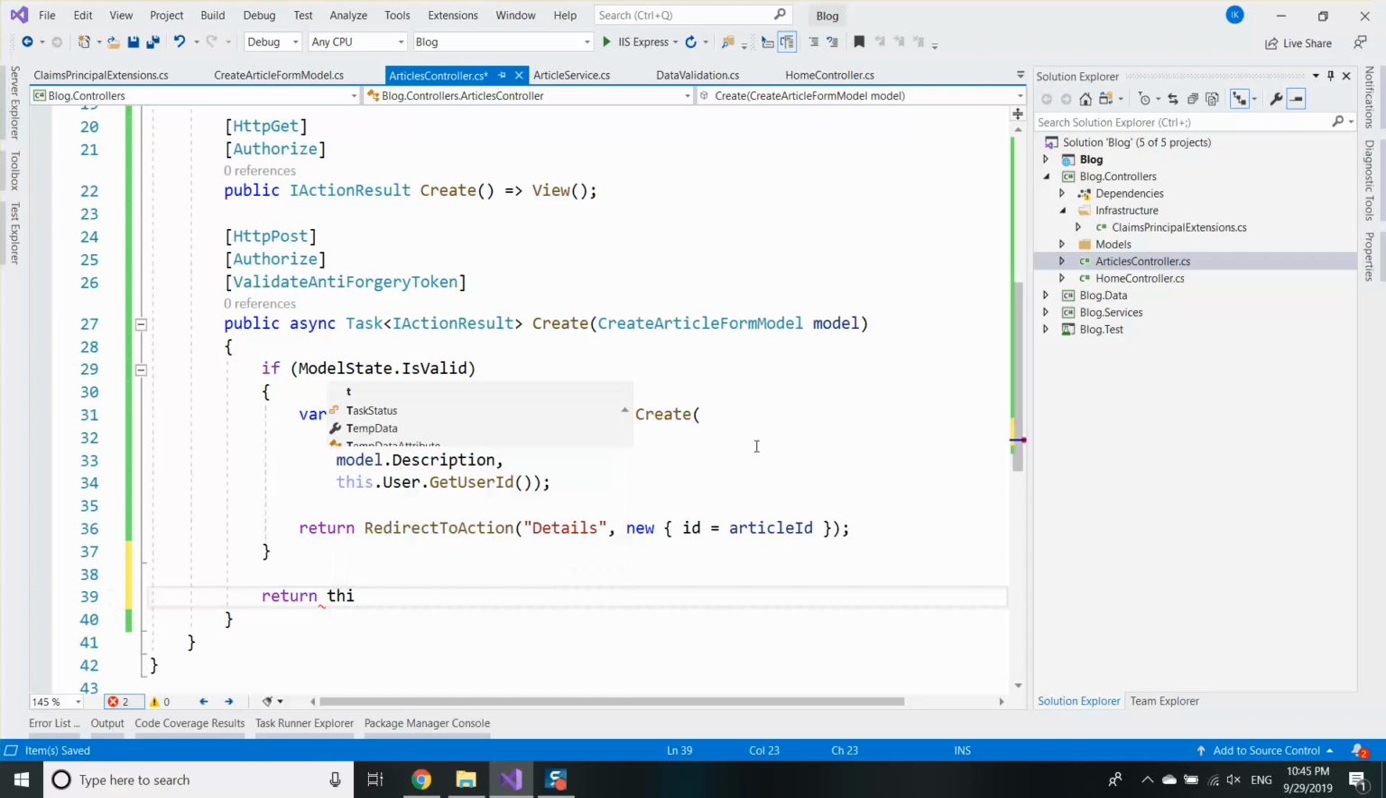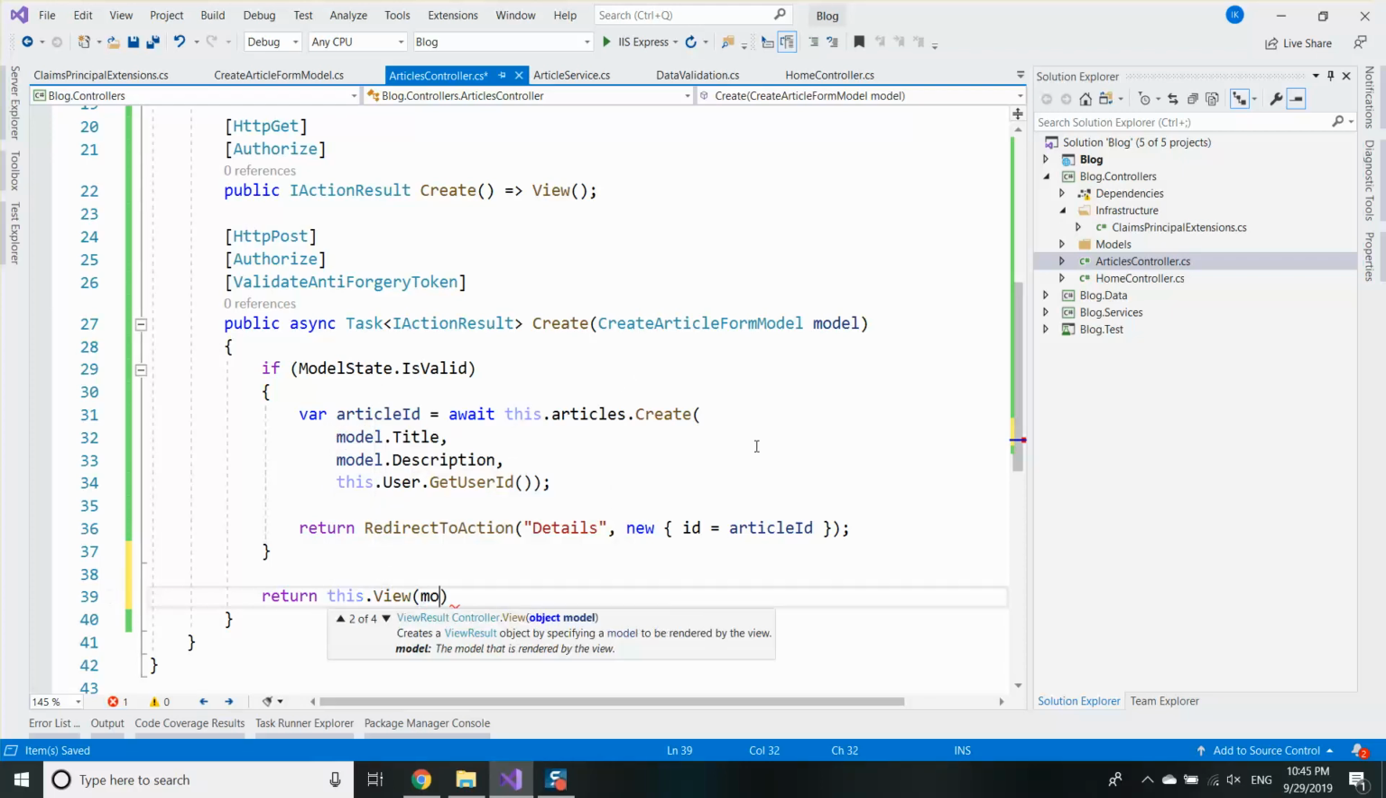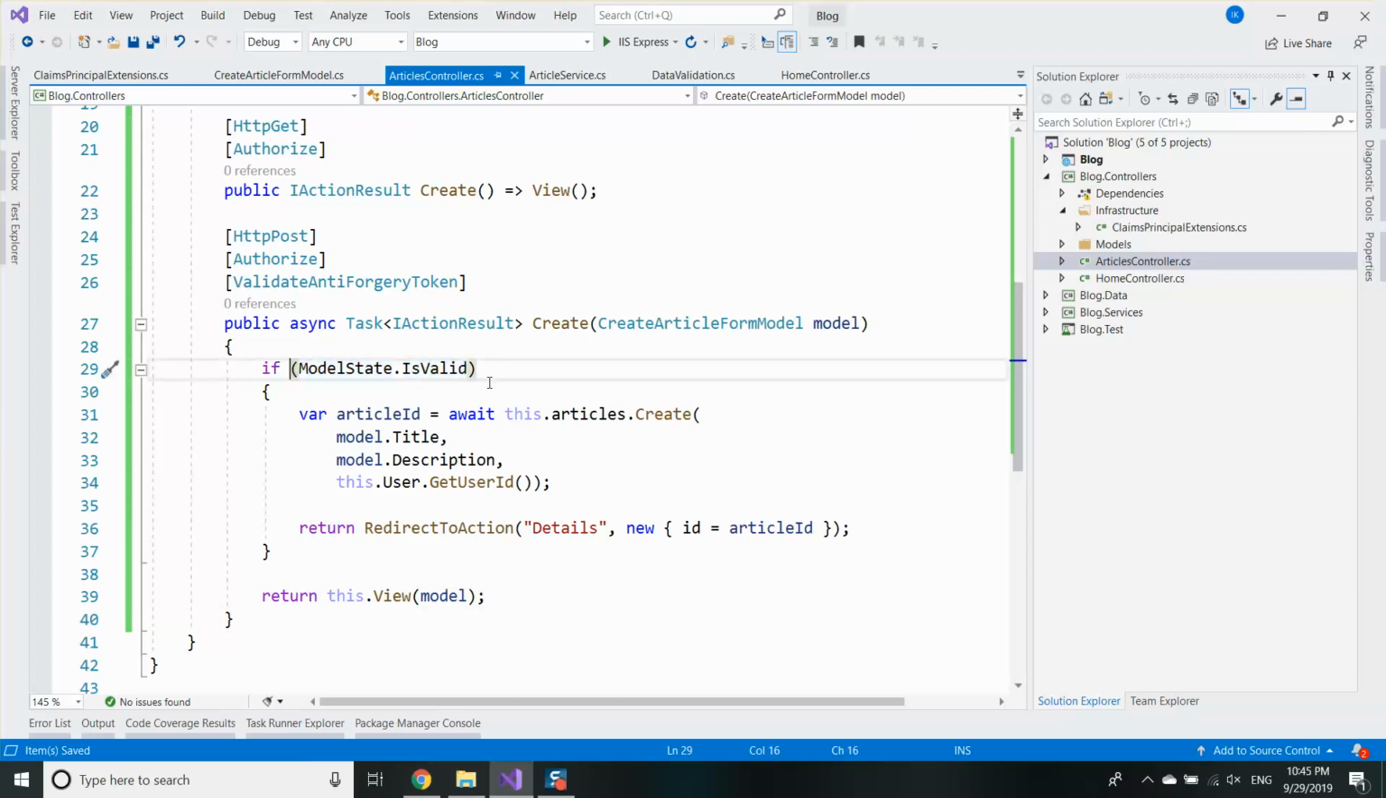If the model state is not valid, I should return the same view with the same model. So essentially, this controller action validates the request. You may extract that to action filter. I will show how you can do it in a future video. Then you execute the business logic through the service layer, and then return any kind of result which is suitable